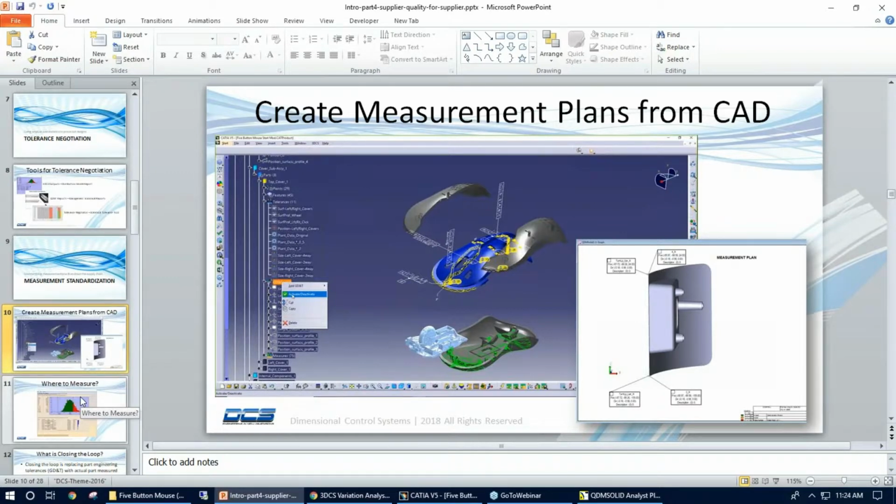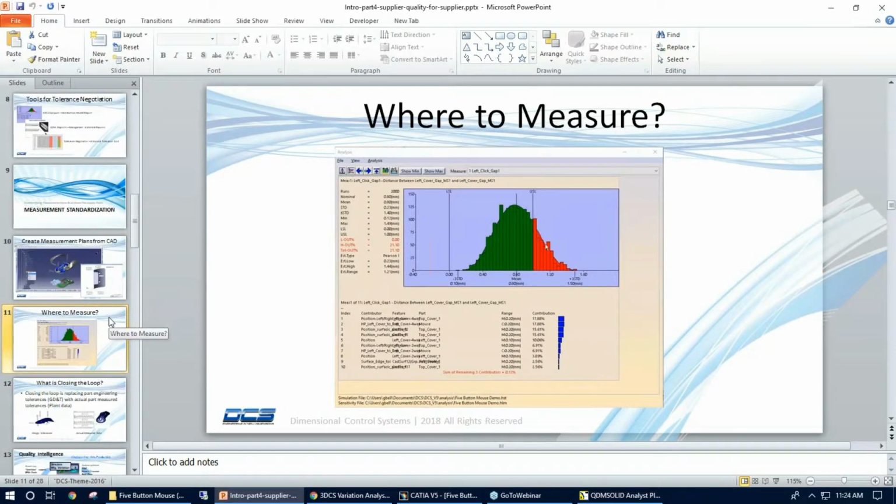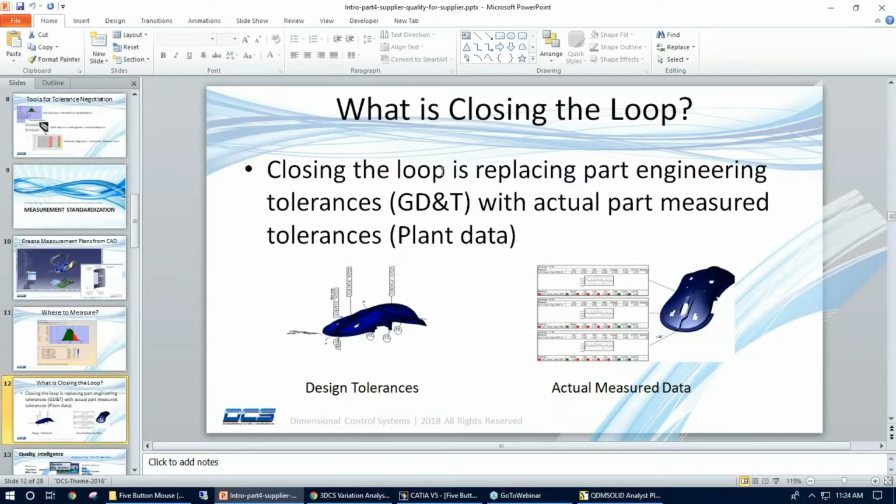Moving forward a little bit from the measurement standardization, we're able to identify with the CMM operator where they can measure. Once the measurements take place, it flows into what we call closing the loop. It was part 3 of our webinar last month. I'm not going to dig into the details too much, other than a quick overview of taking the actual measured data, the 30-piece sample, 6-piece sample, whatever piece sample you have, and replacing the design tolerances